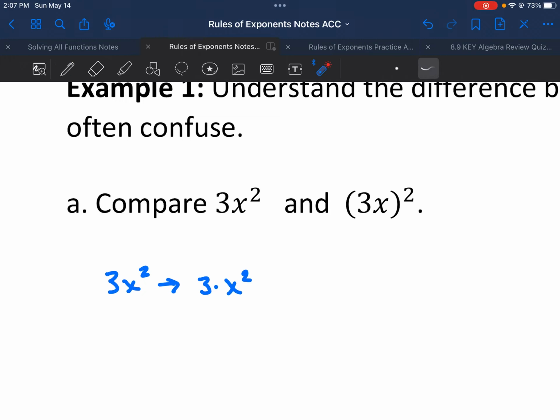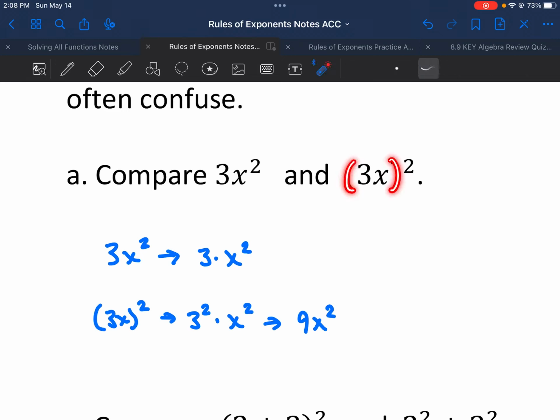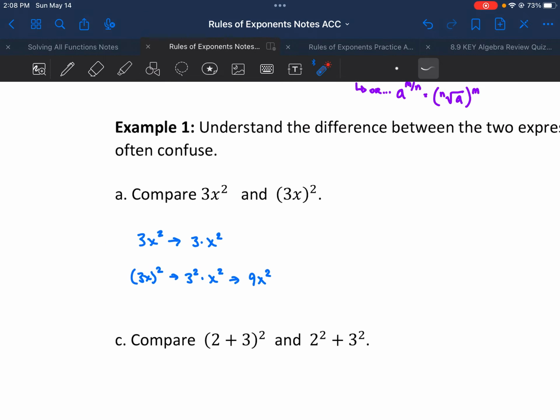However, when we look at parentheses 3x squared, the 3 is being squared and the x is being squared. So parentheses 3x squared, this is 3 being squared and x being squared, which is 9x squared. Okay, so the difference the parentheses makes is very important. Example B,